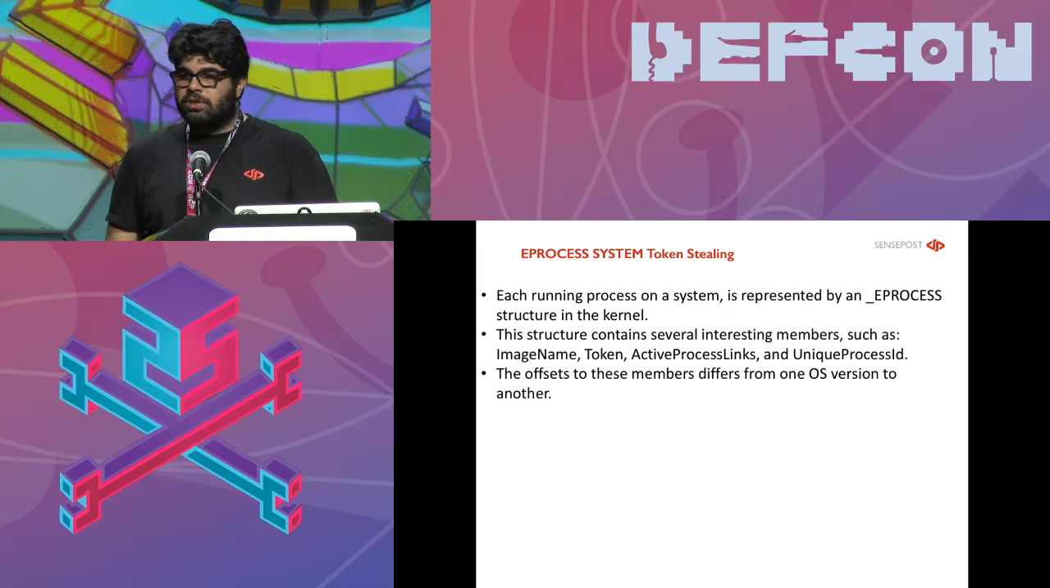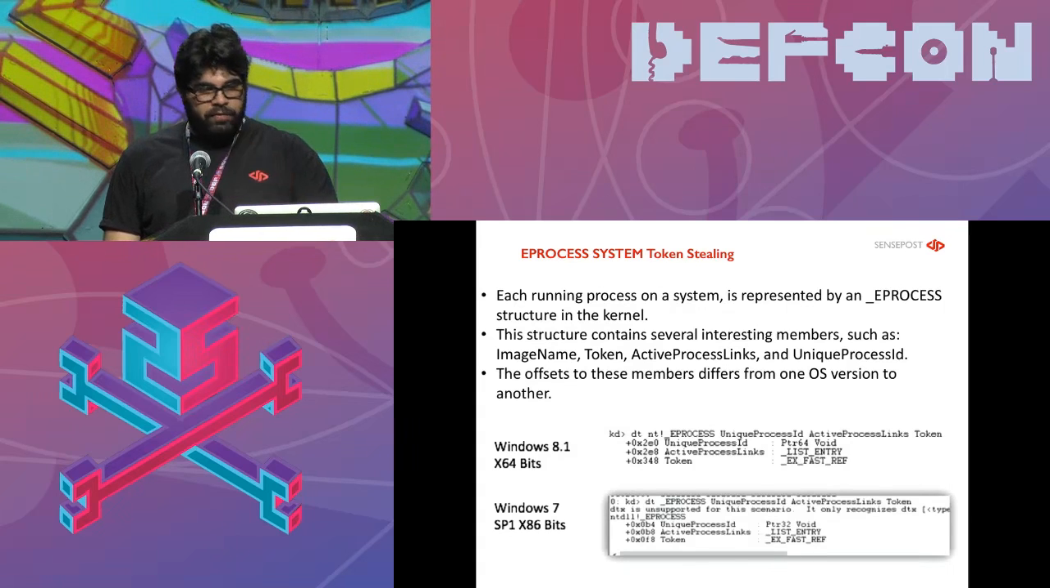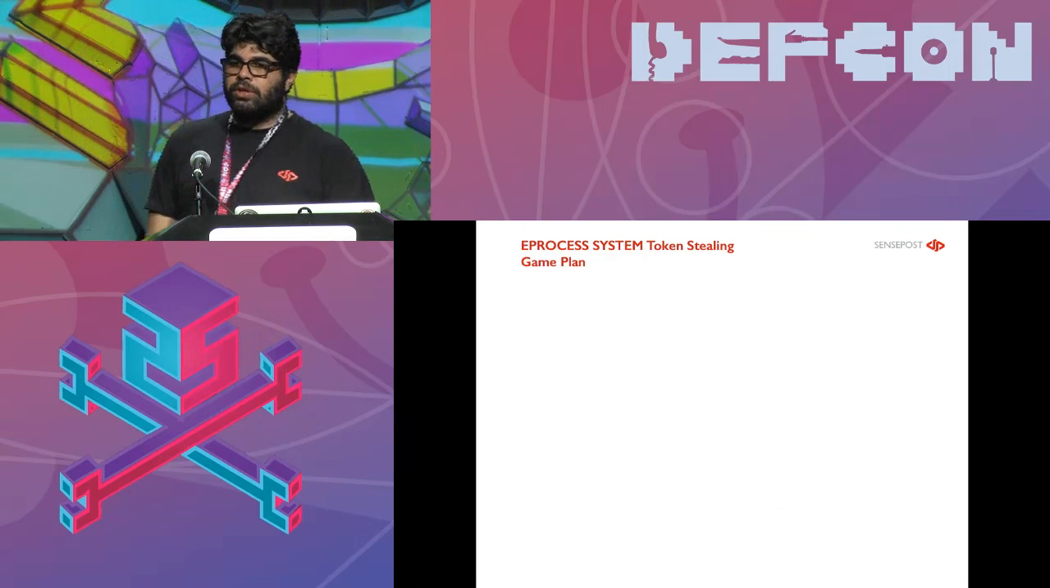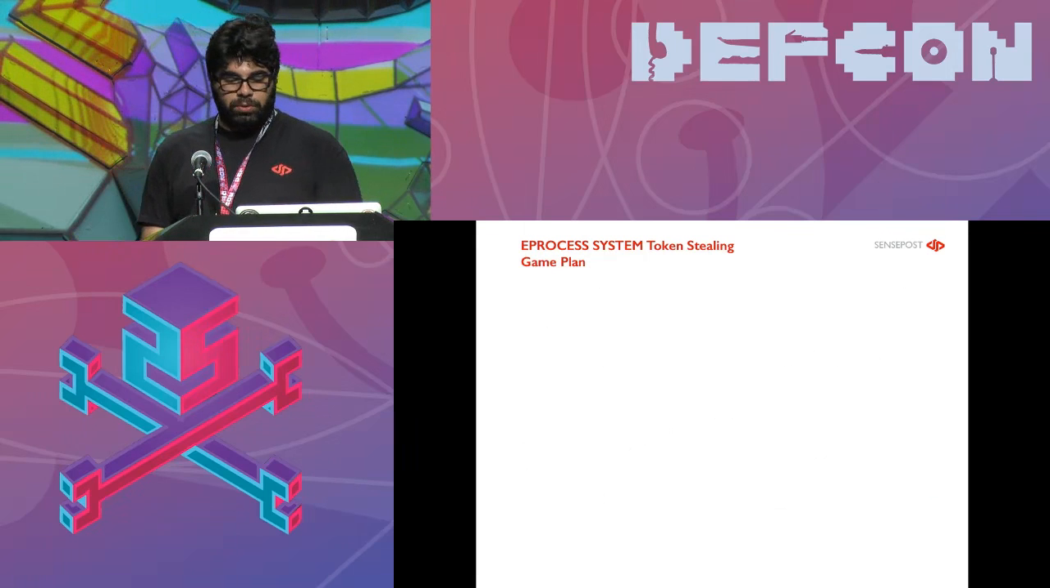The offsets to these members differ from one system to another, and specifically for this talk, we'll be covering Windows 8.1 64-bit and Windows 7 SP1 for x86, and these are the offsets to these members. And the game plan we have to actually exploit this, or get the system token of a system process, is